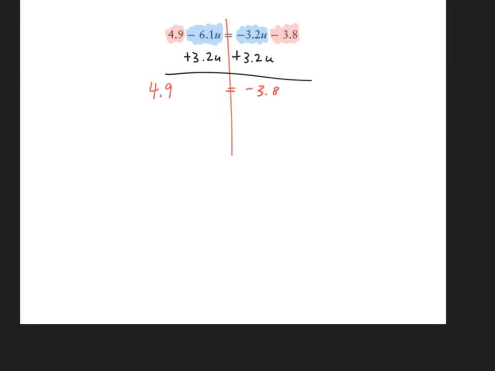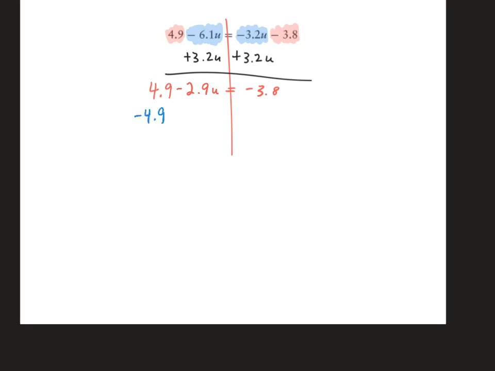Okay. Now we just have to clean this up. So this is negative 6.1 plus 3.2. And that's the variable term, so we're going to simply punch in our calculator negative 6.1 plus 3.2 to get negative 2.9. Now it's negative, so we're going to write it as subtract. Okay? And now we have a simple equation, a two-step equation with decimals, and we're going to subtract